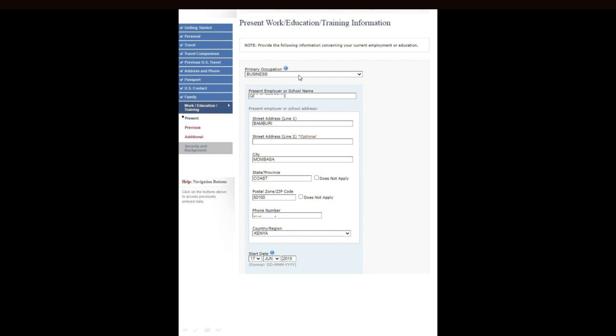So for my case, I have just indicated the business because that is what I'm doing, and then I'll put here the business name, like that, and down here they have indicated, so I'll put the street where my business is located, like that. I continue like this. When did I start the business, I indicate, then I proceed